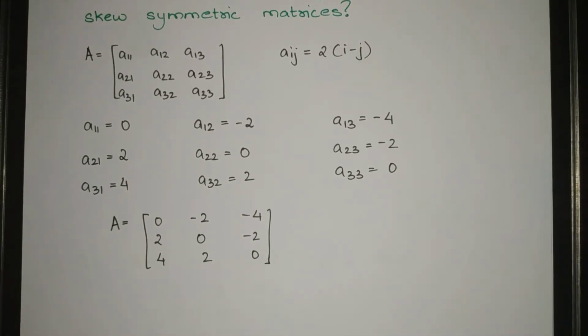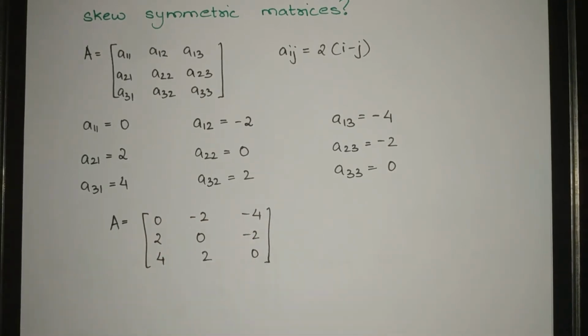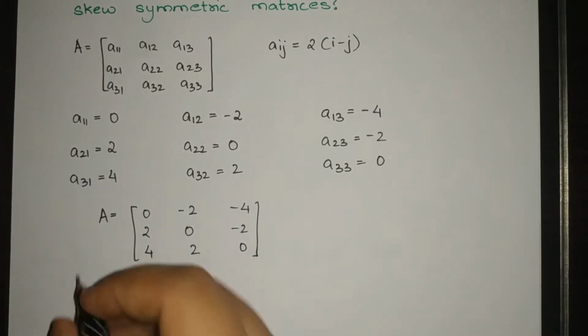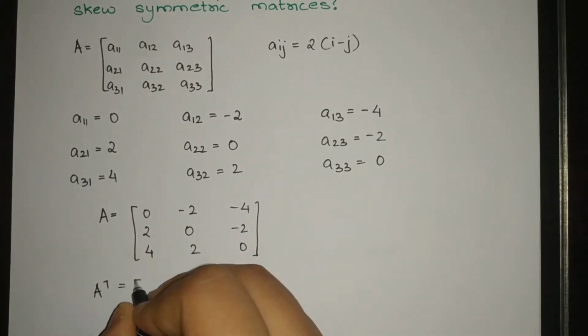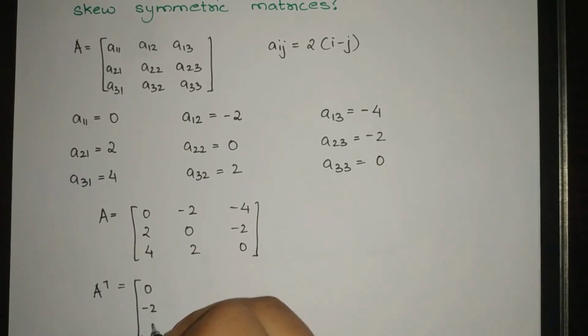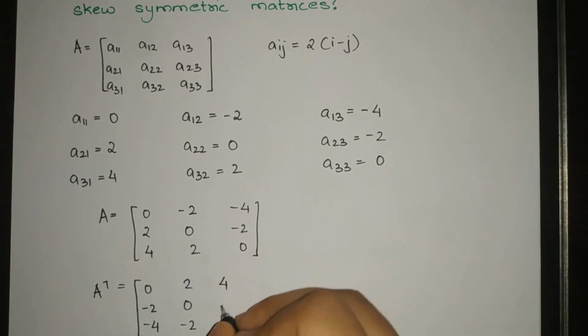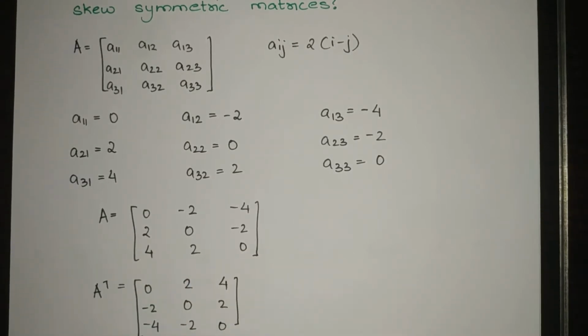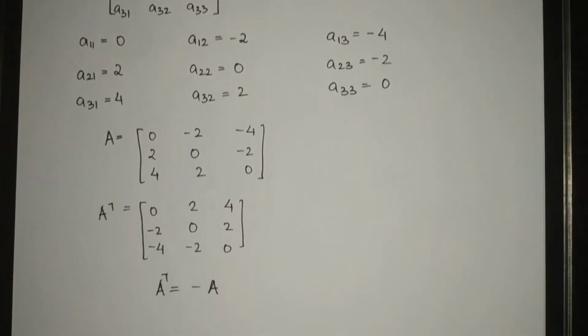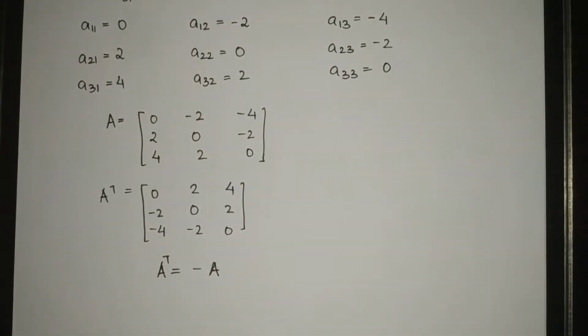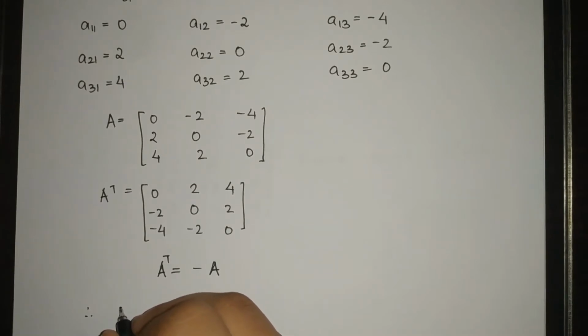Actually इसको observe करने पे ही पता चल रहा है that this is a skew symmetric matrix. बराबर, ये सब negative है along the diagonal and diagonal elements भी 0 है, तो it is a skew symmetric matrix. लेकिन हम लोग फिर भी question में पूछा है करके, let's find A transpose. So this is first row becomes first column, then second row is second column, and third row is third column. Okay, and we are getting very clearly that A transpose is equal to minus A. Negative है of the original matrix, correct? So therefore, both A and A transpose are skew symmetric matrices.